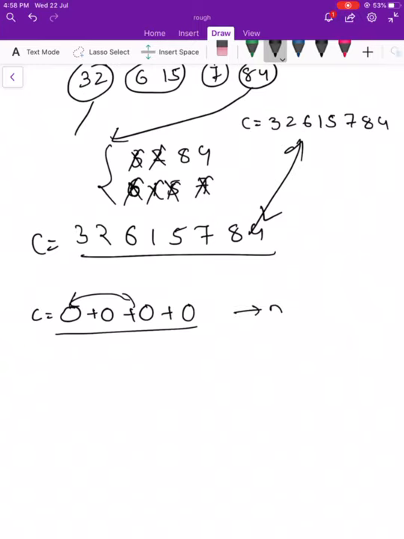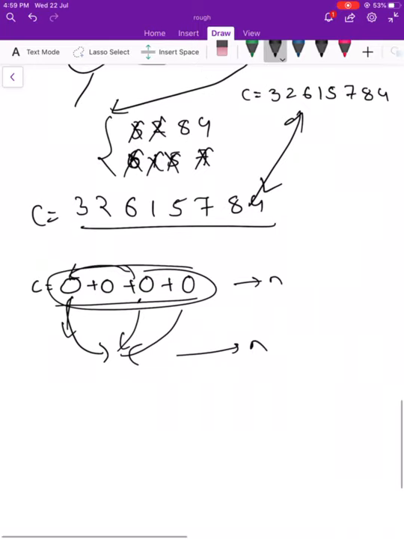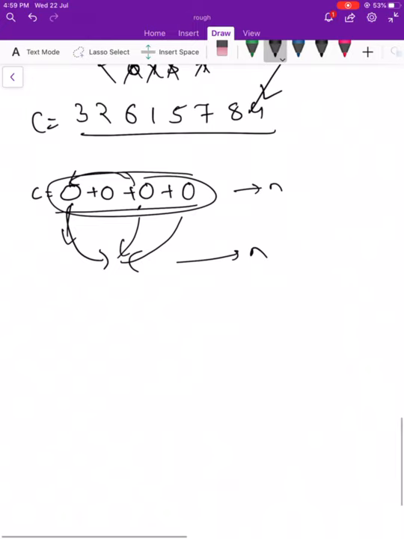We have to find if there is some subset of these parts so that the total number of elements in that subset will be n. So how can we do this? This can be achieved through DP.